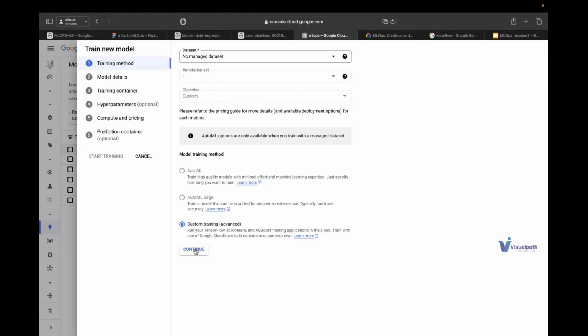If you choose custom training or AutoML, there are two types of things. In GCP, with automatic machine learning, you just give data to ML and you would like to have a model, and it's the responsibility of AutoML to give you all the different options and what is the best. But the problem is that for AutoML you need to have managed datasets.